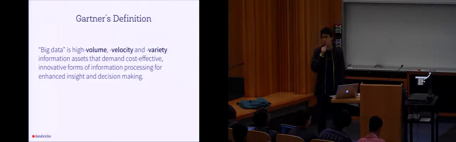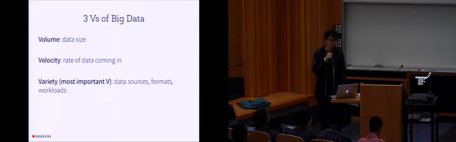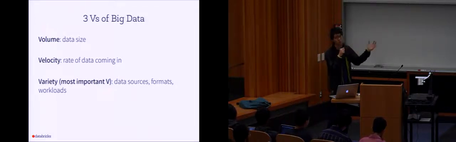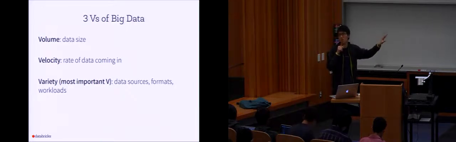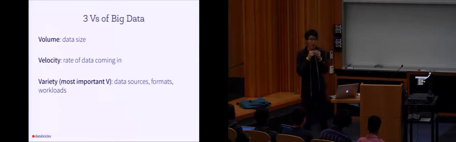And it's kind of cool. All the 3 keywords start with the letter V. So the 3 keywords are volume, velocity, and variety. If you try to read more about big data, there's a lot of people referring to these as the 3 fundamental properties of big data. Now, the first is indeed about the size. So volume is about how big your data is.